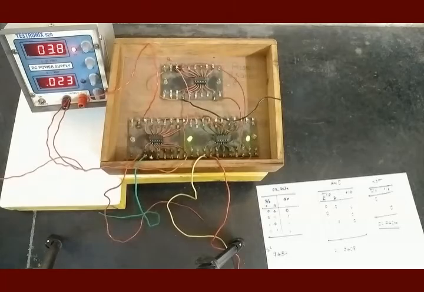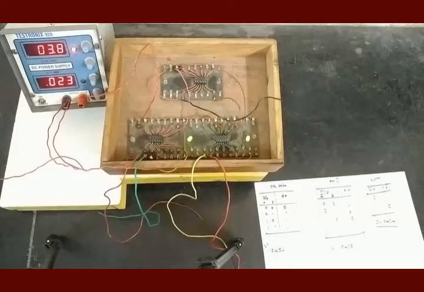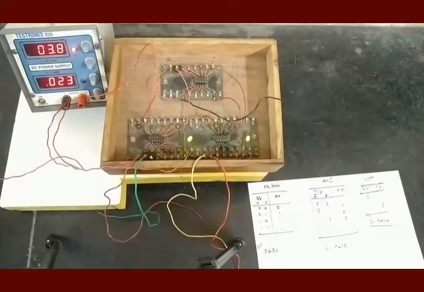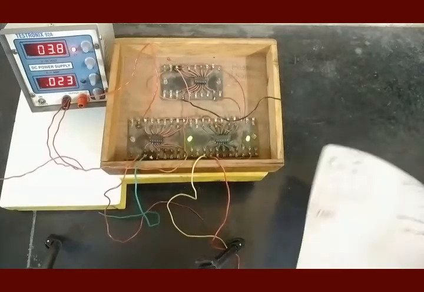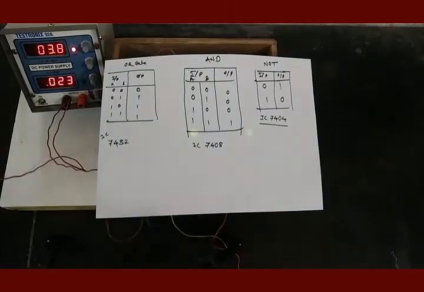Now when we study these logic gates, the study of logic gates is always made through the truth tables. Observation tables for the study of these logic gates are known as truth tables. For your ready reference, truth tables are drawn here for all the 3 gates on this page. If you have a close look at this page, you will find the truth tables.